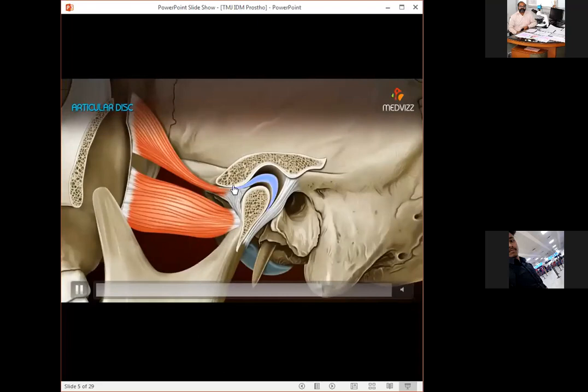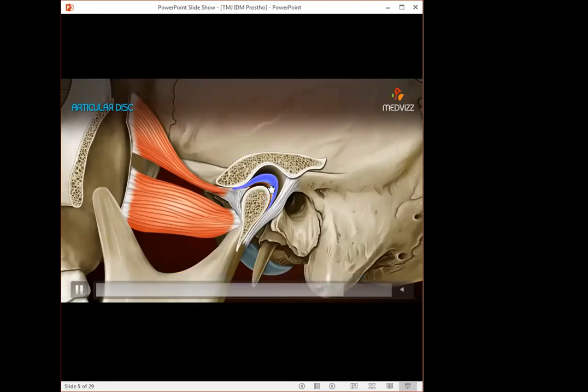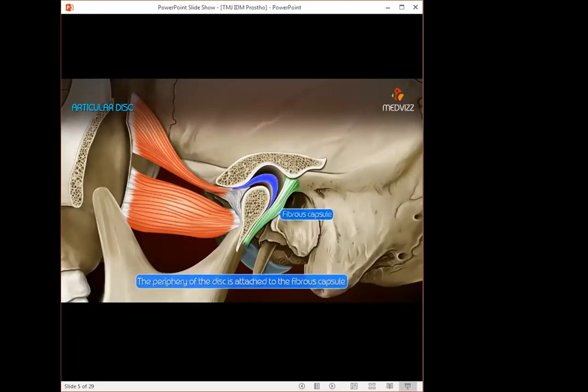Okay. Then you have the articular disc, which is inside the TMJ, and it has a slip of the lateral pterygoid muscle, which gets inserted onto the articular disc. So the upper portion permits gliding and the lower compartment permits rotation and gliding. So if you look carefully, the upper one is for gliding, the lower compartment helps in both rotation and gliding. Okay, and the periphery of the disc is attached to the capsule, which encapsulates the entire TMJ.